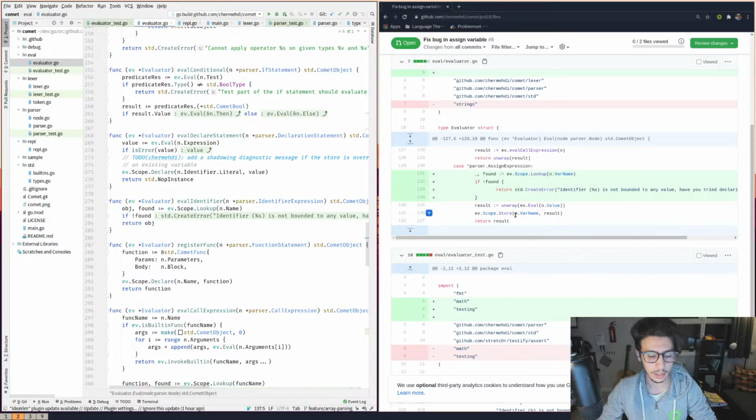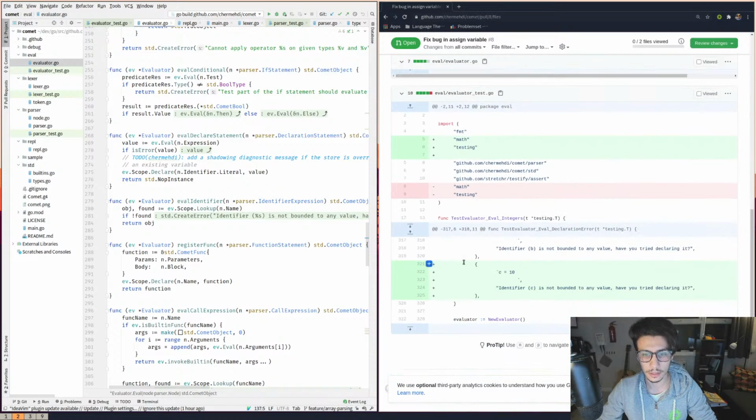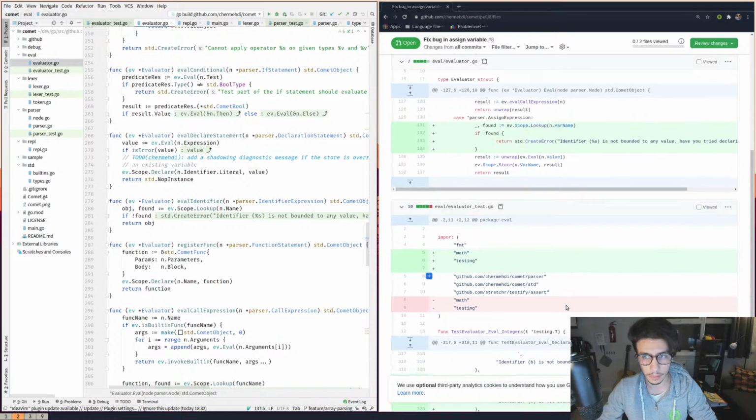We can store it, since we know this is an override of the current value. If it's not in scope, we know this is an error, and we can create an error and return it to the user. The test for this is similar to the one for unknown identifiers. He added one where he assigns to a value that is not there, and I assume this is working because the build is not failing.